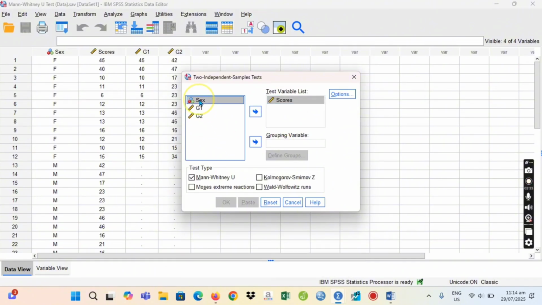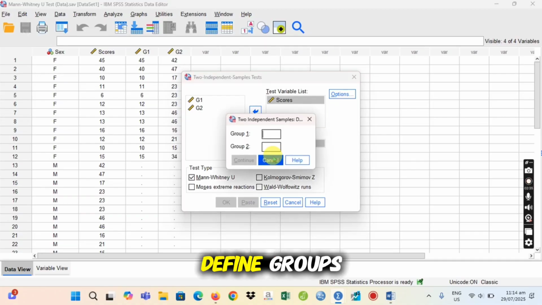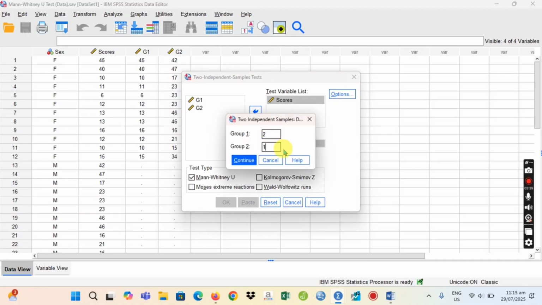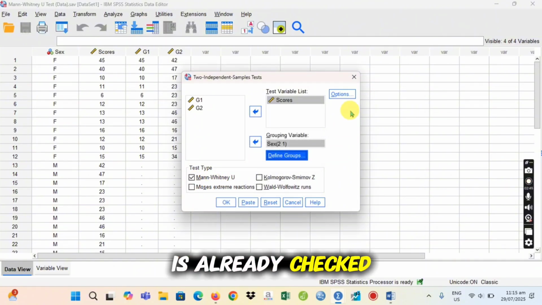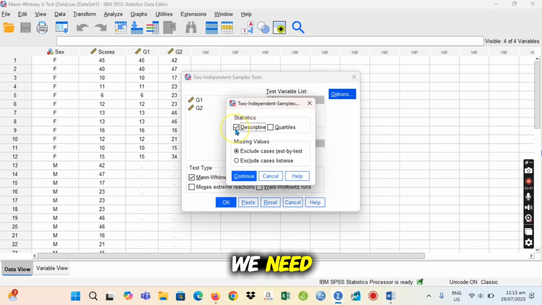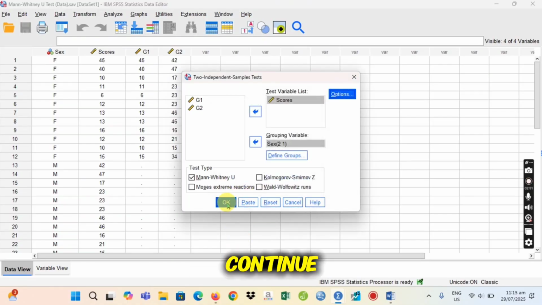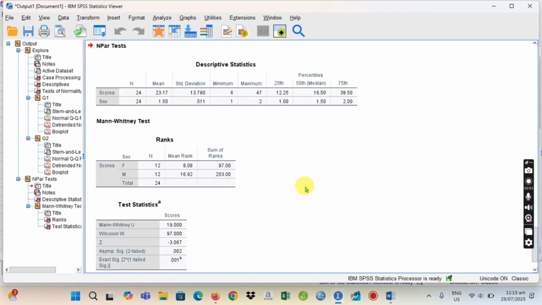Grouping variable, the sex. Define groups. We will set 2 for group 1 and 1 for group 2. And then continue. By default, Mann-Whitney is already checked. Under options, we need descriptives and quartiles. Continue, and then okay. So here we have the result now.